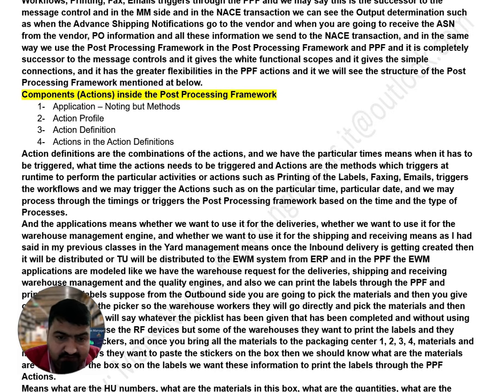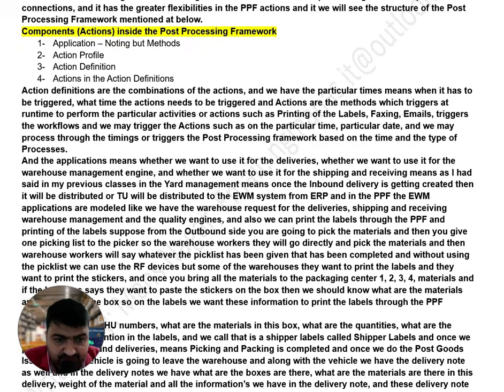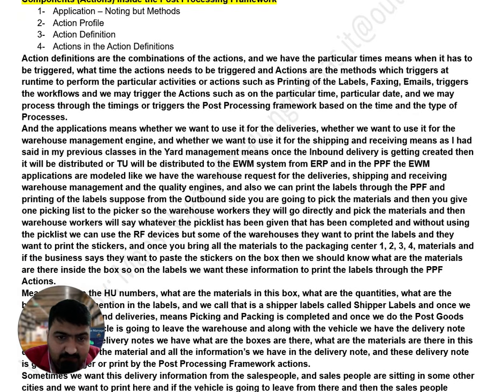We may trigger the actions at a particular time or date, and we may process through the timing or triggering the post-processing framework at the time and type of process which we want. And the application means whenever we want to use it for deliveries, for printing the deliveries, or for creating the inbound delivery and processing it into the EWM layer automatically, for example.